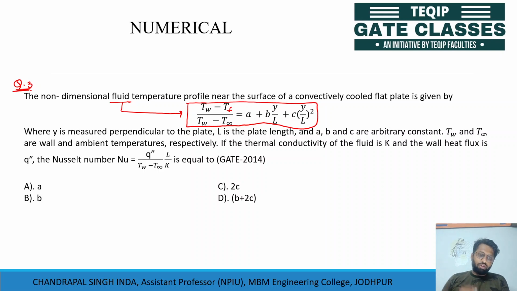If the thermal conductivity of the fluid is K and wall heat flux is q double dash, the Nusselt number is